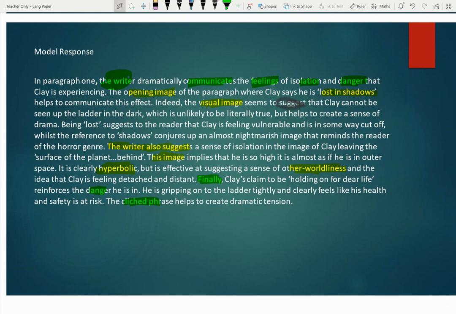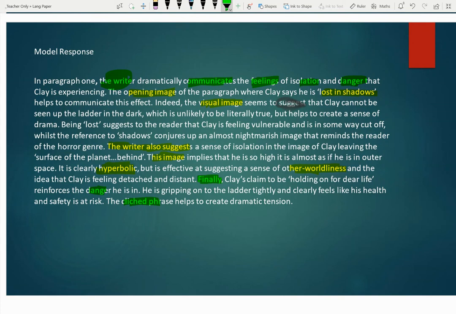I'm embedding my quotes. Short, small quotes embedded seamlessly into my text. I'm signposting to the examiner that I'm using images. I'm focusing on images. And my explanations are extended. So if you have a look at that first one, the opening image of the paragraph where Clay says he is lost in shadows helps to communicate the effect that he's isolated in danger. Indeed, it suggests he can't be seen, unlikely to be true, creates a sense of drama, makes him seem vulnerable, cut off, conjures up a nightmarish image, reminds you either of the horror genre, really extended, but still relatively sort